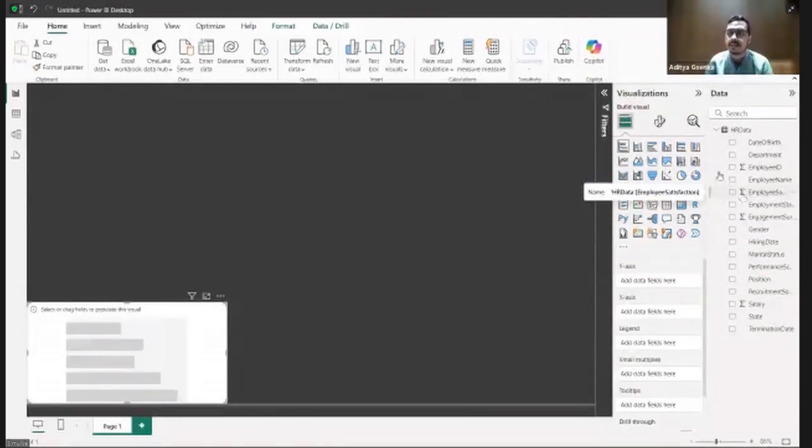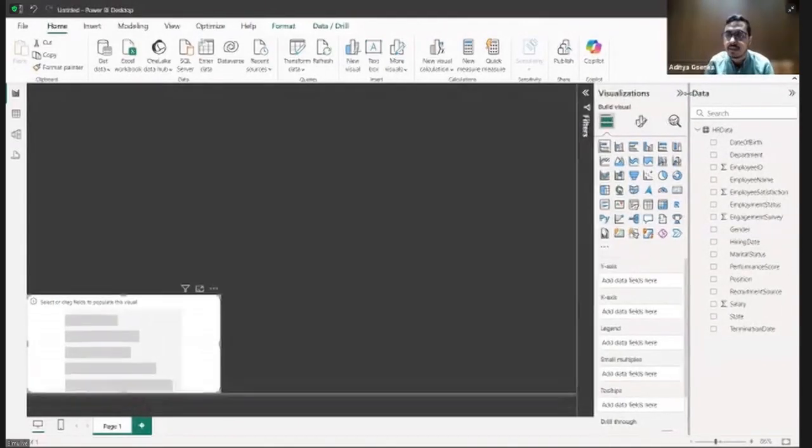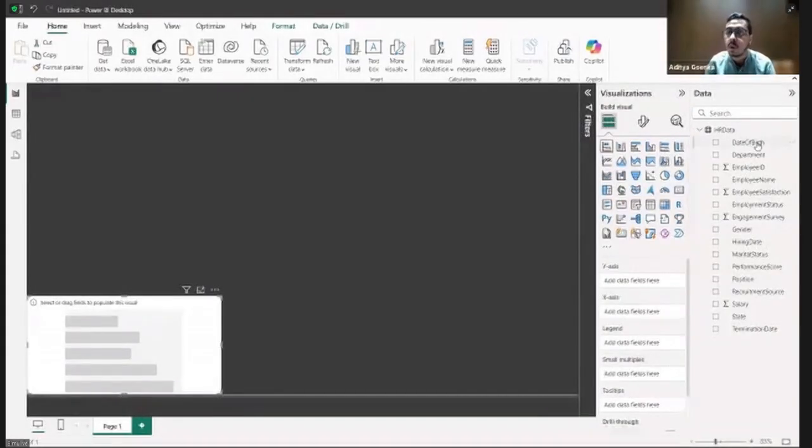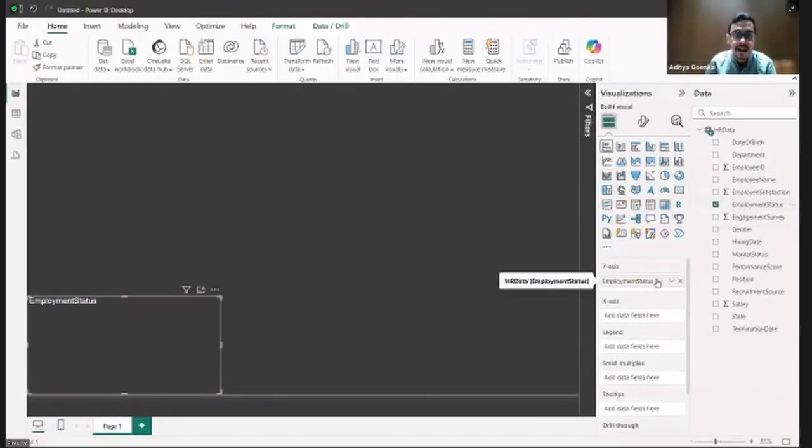Okay. So what are the different statuses of all the employees? What is the count of that according to their position? Okay. So employee status, where is it? There is the employee status. So if you want count of employee status, we'll add count of employee status to the y-axis. And if you want it position-wise, what we'll do? We'll add position to the x-axis.